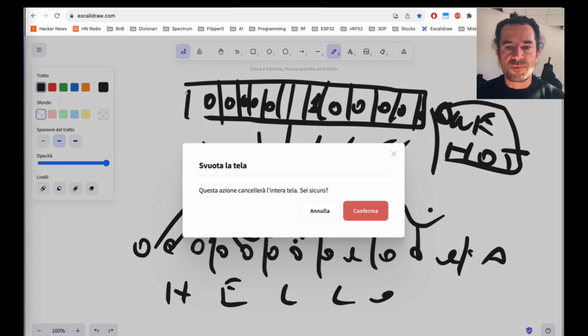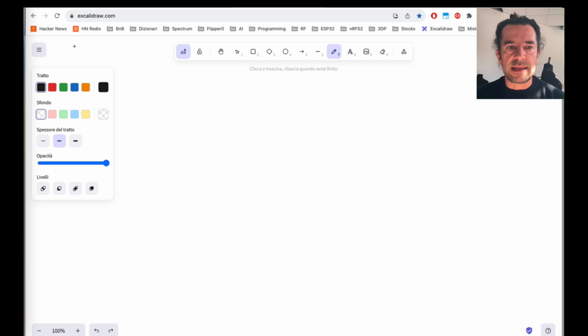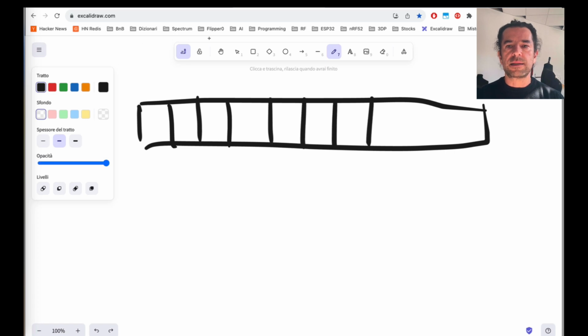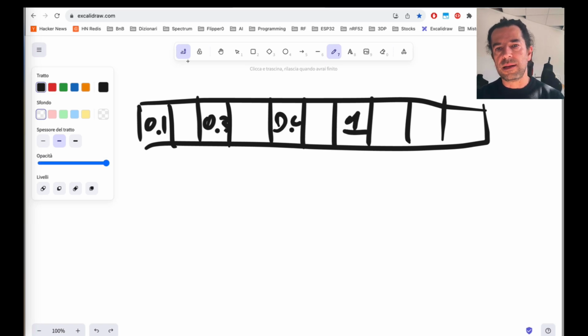So at inference time, when I run my network, the output layer will have all the possible output characters with a different number, depending on how likely it is for each to be the next character in the sequence.